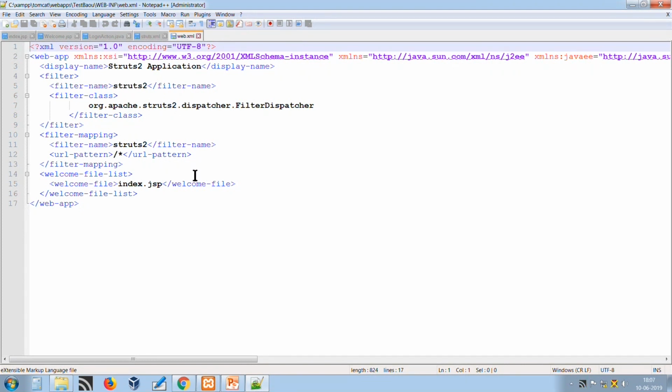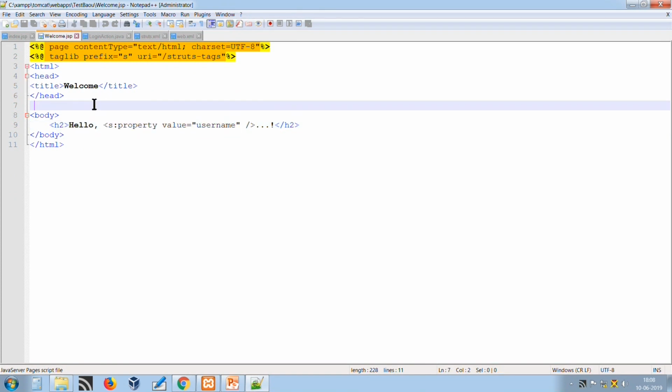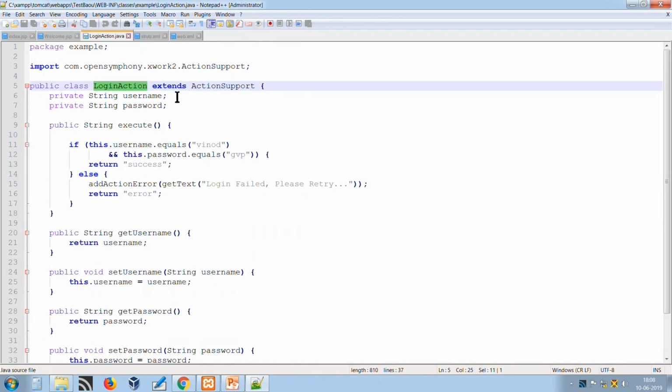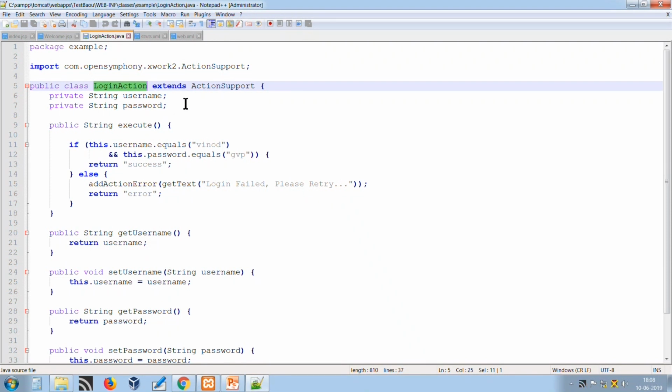Now, under our web application we have discussed two files. One is index.jsp, that is the view or presentation layer of our Struts 2.0 web application. As per the MVC architecture, index.jsp would be the presentation layer. It presents the response to the user in the form. Then there is the business logic layer, LoginAction.java. This class will work as a controller for our application.